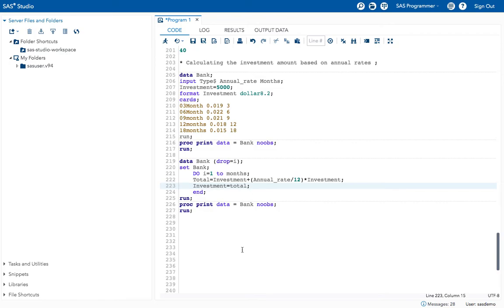Okay, see how I will get the results here. See, for example, here I have taken I equal to 1 to months. Okay, what is the months here? Here I have the months 3. Okay, 6, 9. See, 3, 6, 9, 12, 18. These values I will take here. So my iterations will be done by 3.